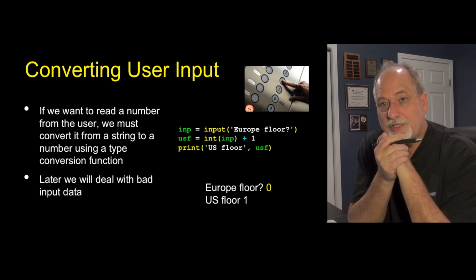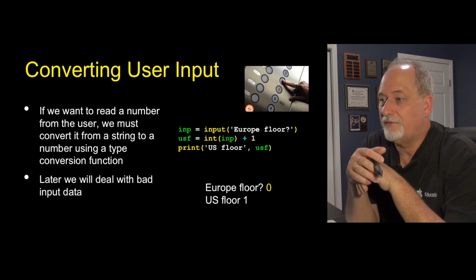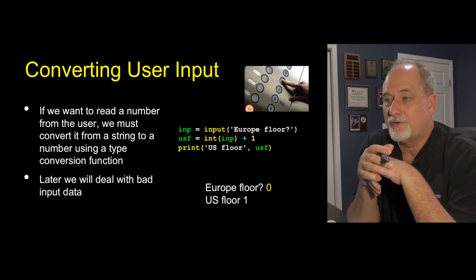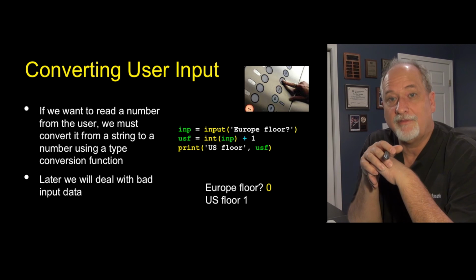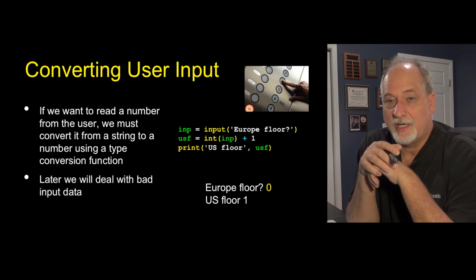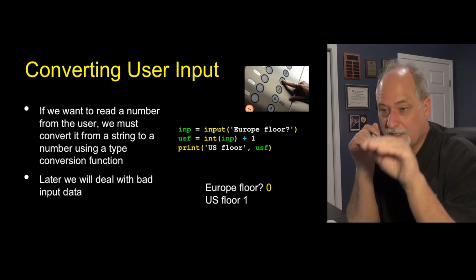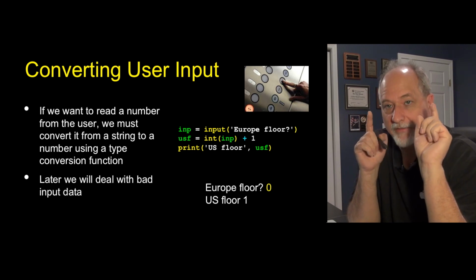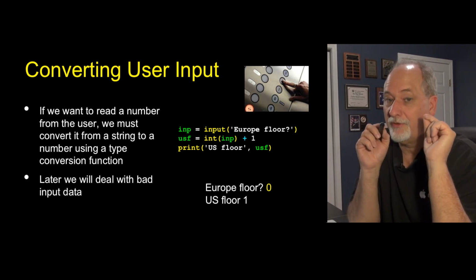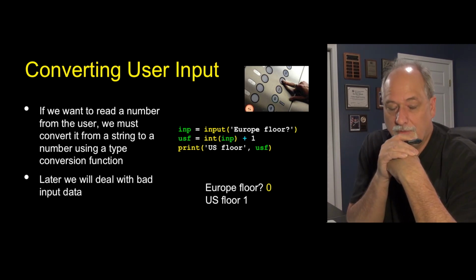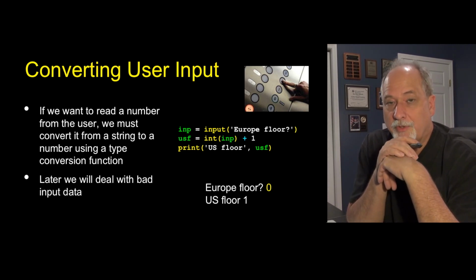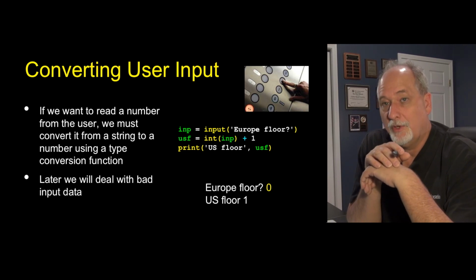And so this program has to do with those of you who have traveled internationally. If you traveled to the United States and you traveled outside the United States, you notice that there is an elevator convention that is different inside the United States. In the United States, walk in the ground floor in the elevator, that's 1. And if you walk in the ground floor in Europe or many other places in the world, in the elevator is 0. So we have written a small app that we're going to put on the App Store and get wealthy with called